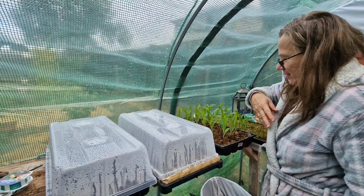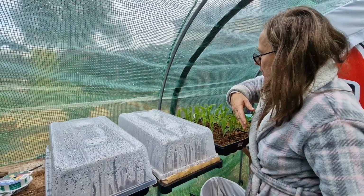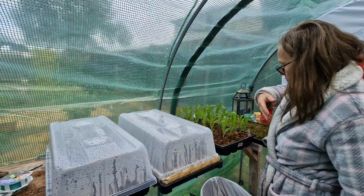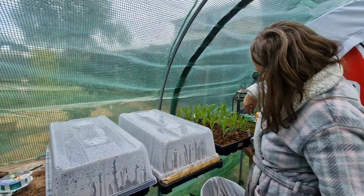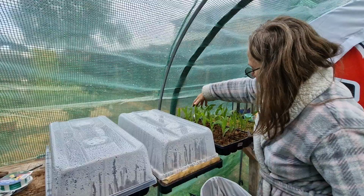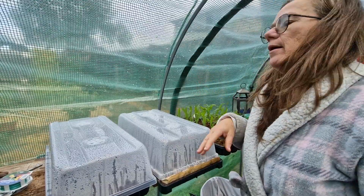Look at this corn. Isn't that wonderful? I need to get a fan in here, but until then I do this. I come and beat it up a little bit. Help strengthen the stalk. Okay, so now let's